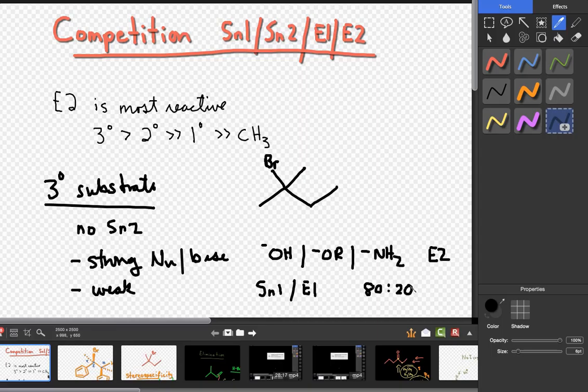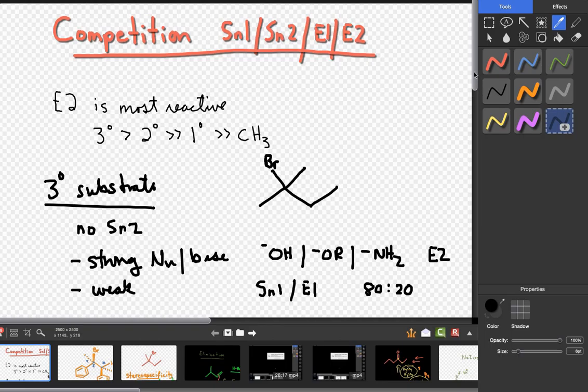SN1 and E1 do not discriminate very well. So if I have a strong nucleophile or base, it's E2. The base, as long as it's strong, it really doesn't matter if it's bulky or non-bulky because the substrate's already bulky. If I have a bulky nucleophile and I have a bulky base, then we are going to get a